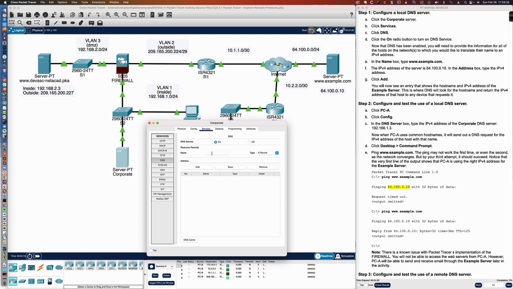And basically what an A record is, when someone types in the name www.example.com, what's going to happen is a DNS request to resolve that domain name would be sent to this server, presumably, and this server is going to go ahead and resolve that domain name to an IP address, and the IP address is 64.100.0.10, which we know from the previous activity is this server right here, www.example.com. So we put in